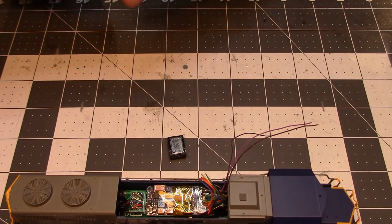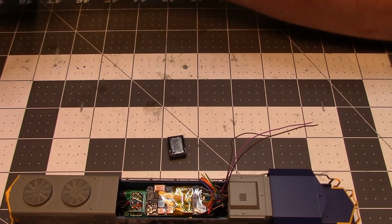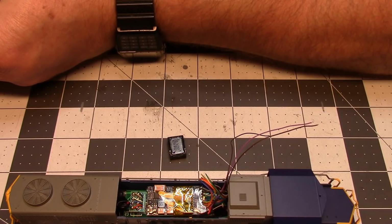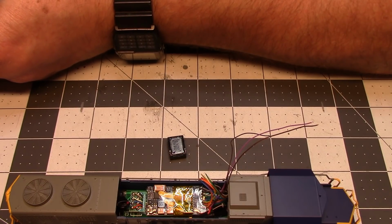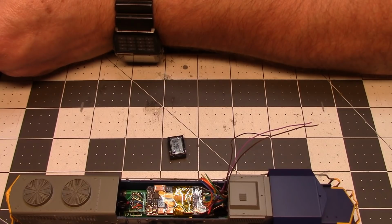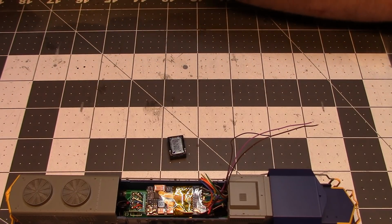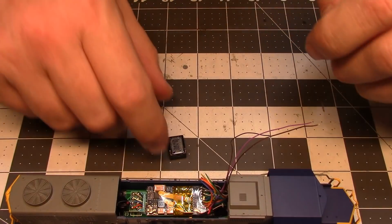Let me look in the instructions here. I want to see if it designates, it does not designate between positive and negative on my brown wires. I didn't think it did, but I just wanted to make sure. So, yeah. Okay. So what we'll do